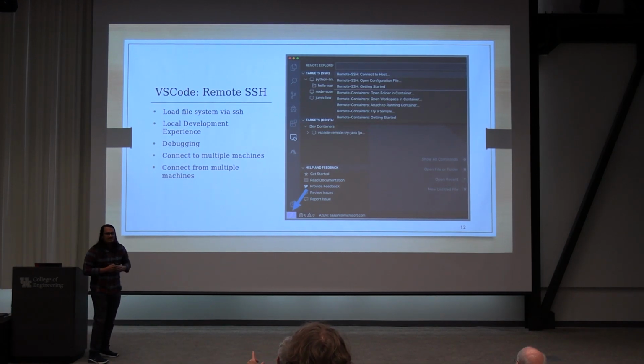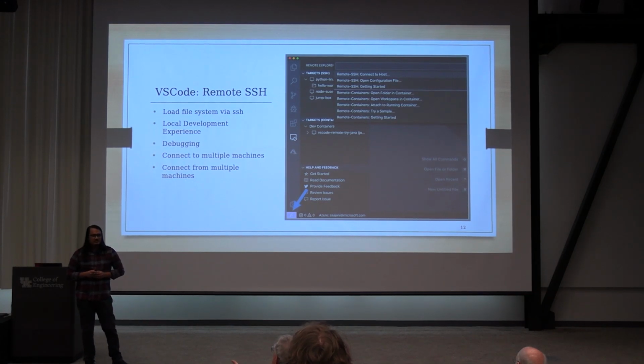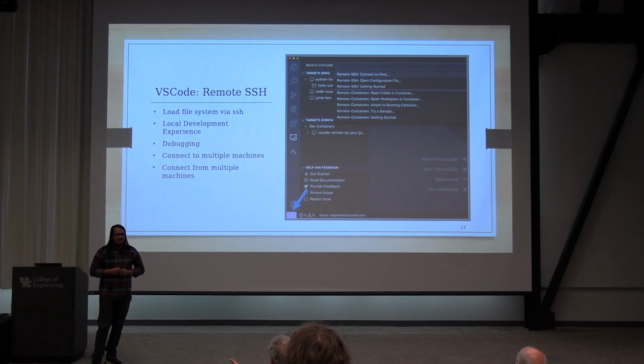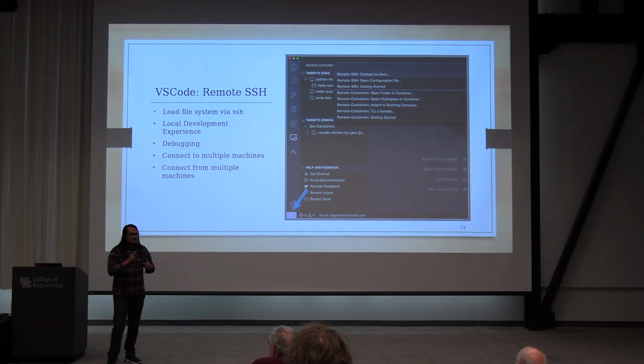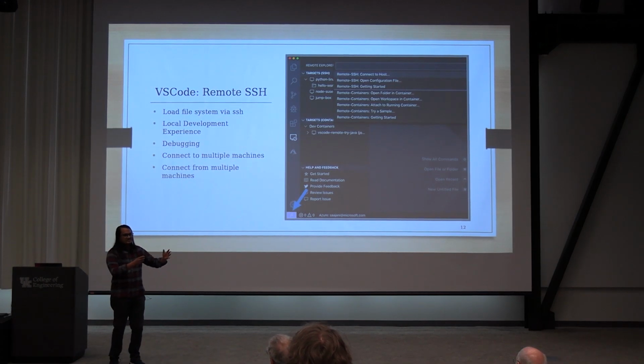Let me just point out that there are other ways of mounting a remote file system through SSH using Unix, and you don't have to have VS Code to make that work. But it's nice that it's there. Yes, I do that using a program called SFTP Drive, where I mount the CS home directory,